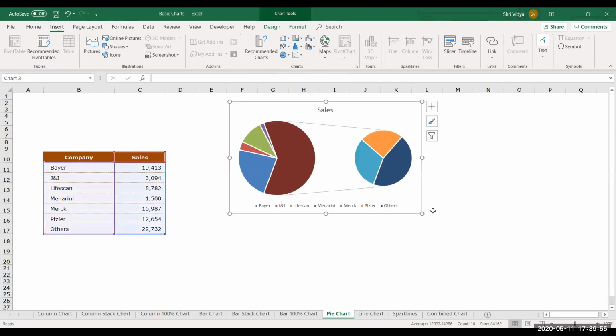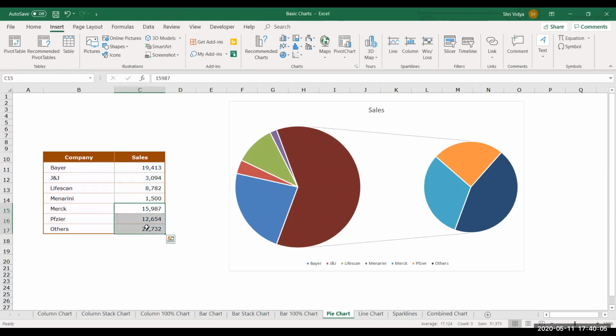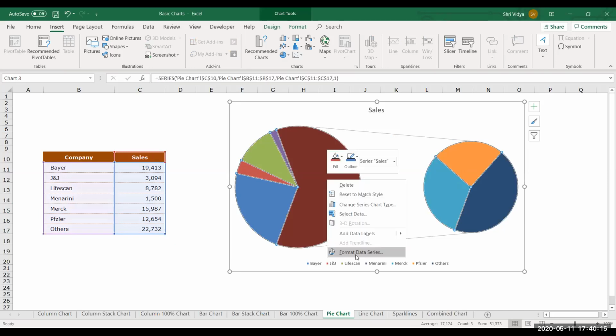Currently, the distribution is based on the position. You can see here, Pfizer, Merck, and others are being displayed here. Those three values occur at the end of this list. I don't want it by position. I want it by the value of the sector. So what I'll do, right click, format data series.